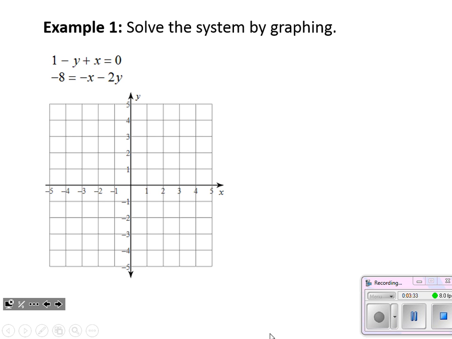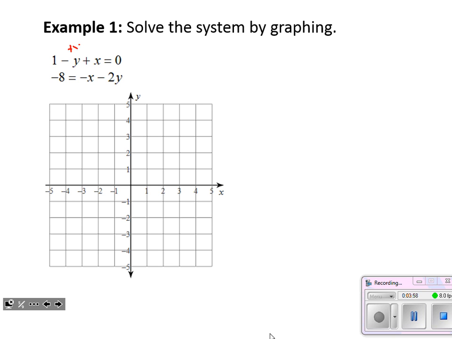All right, so our first example, solve the system by graphing. We're going to pull on a little of the information from our refresher packet and earlier in this chapter. We want to graph these two lines as efficiently as possible, and you can see that the way they're given to us is not very easy to graph as it stands. So I'm going to arrange them into slope-intercept form. That's easiest for me to graph.